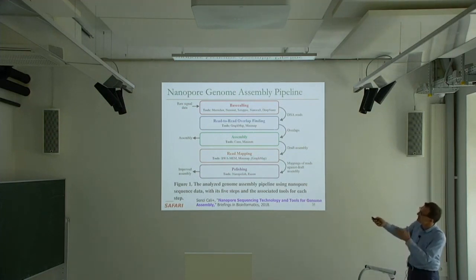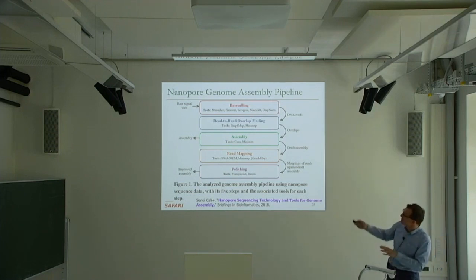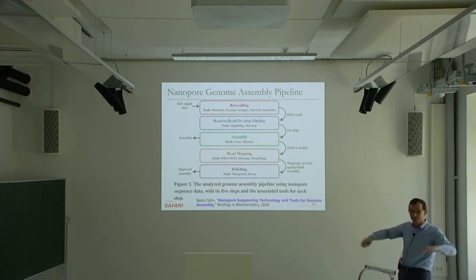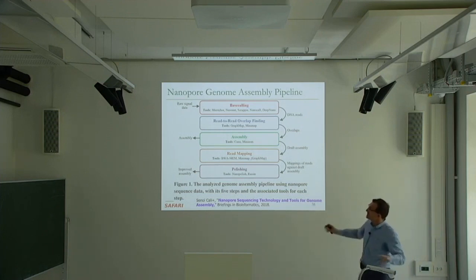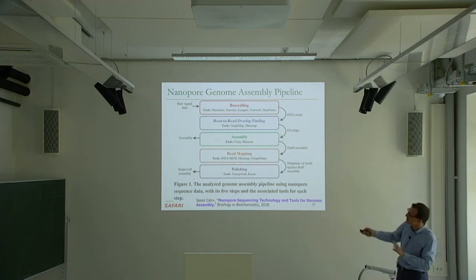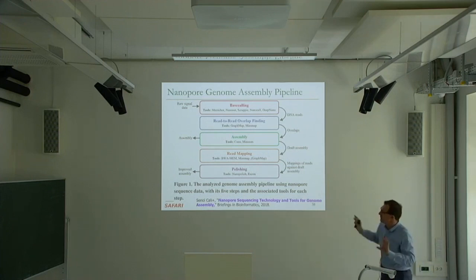And then you do other stuff, which I'm not going to go into details on. But you find the overlaps between the reads, using a lot of graph algorithms in this case. And then you construct an assembly. In this case, we don't have a reference genome, but you basically assemble all of the reads, and there are tools for it. Then you do read mapping, and then some polishing. And in the end, you get the entire DNA sequence.